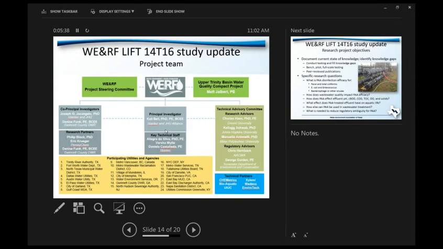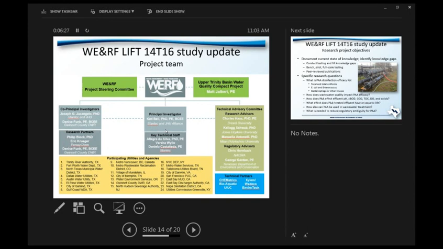Now moving to look briefly at this research project that's hoping to answer some of the gaps in knowledge that we have. The project is a wonderful collaboration among 24 utilities listed in yellow at the bottom, of which many of you are part of the collaboration from Texas. It also involves university researchers and regulatory advisors and partners from the PAA chemical providers, as well as Xylem, Whitco, and University of Illinois Urbana-Champaign. Matt Jalbert has provided quite a bit of leadership too in guiding the Upper Trinity Basin Water Quality Compact's involvement in this project, so we're really grateful to Matt, as well as to the project steering committee and